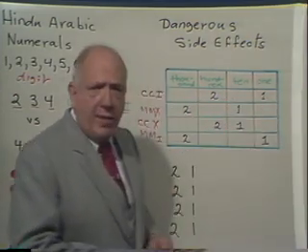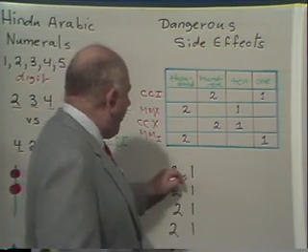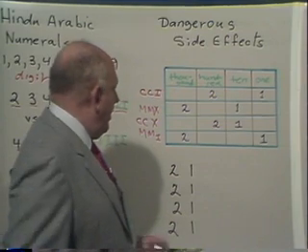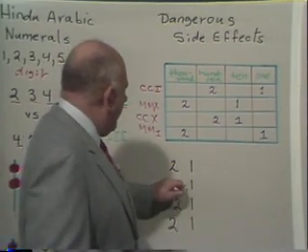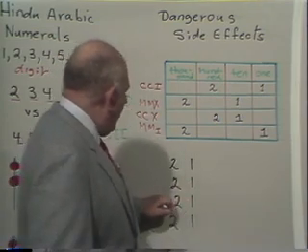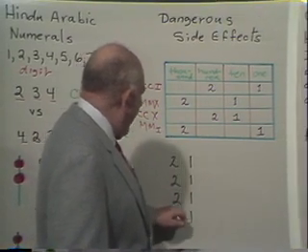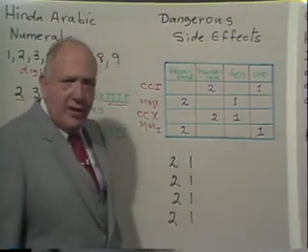How would you write these numbers if you left the nouns out? What are you going to say? I have 2 hundreds, I'll skip the tens place, and I have a 1. I have 2 thousands, I'll skip the hundreds place, I have a 10 and no ones. I have 2 hundreds and 1 ten, and I have 2 thousands, no hundreds, no tens, and a 1. Do you see how confusing this looks?